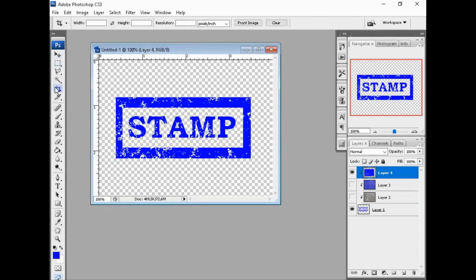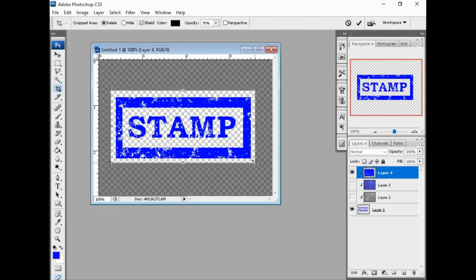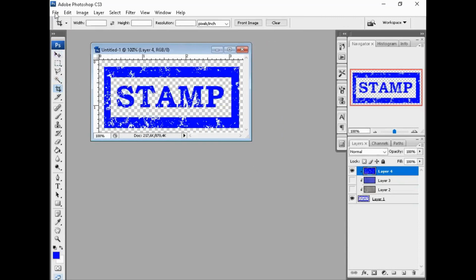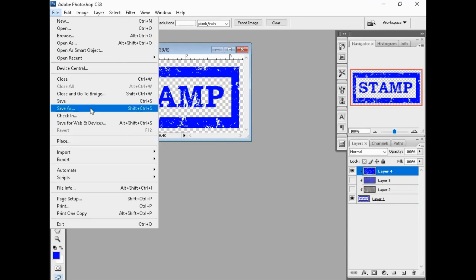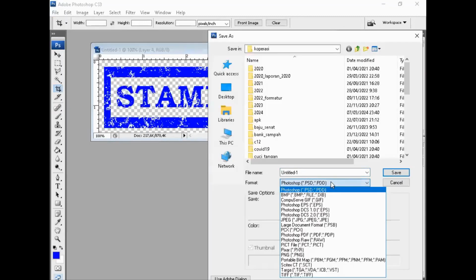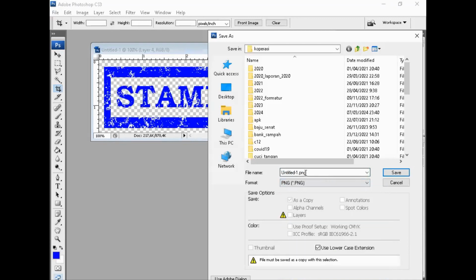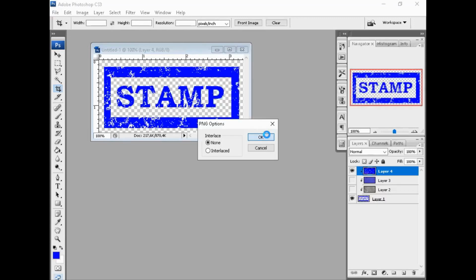Okay, let's finish. And then we can save in two formats, maybe PNG format. Okay, stamp PNG. That's it. Great.